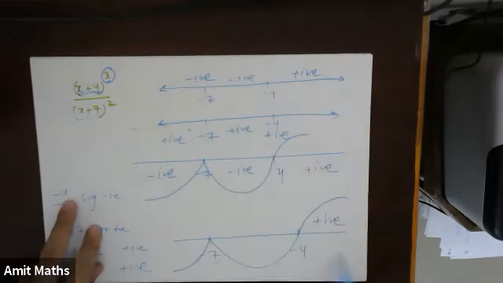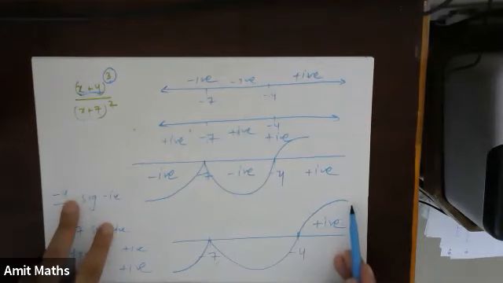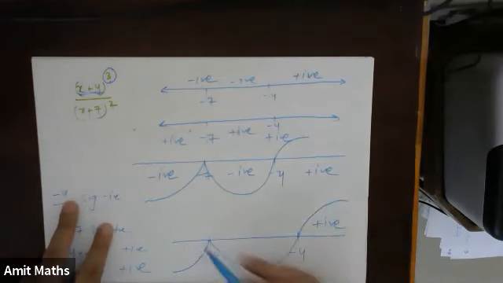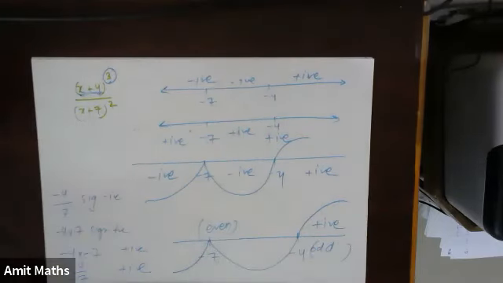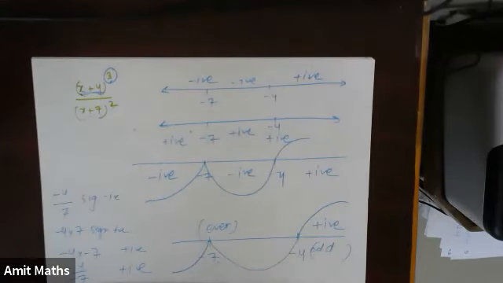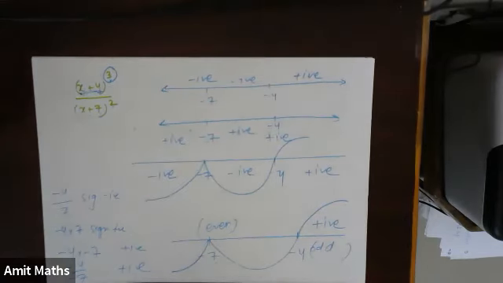Understood? Fine. So that is why for even powers it will bounce back, and for odd powers it will change sign. So this was odd and this was even. Now I hope this part was clear: why only for odd powers it is changing sign, and why only for even powers it is not changing sign.